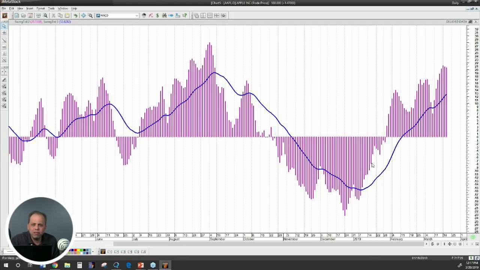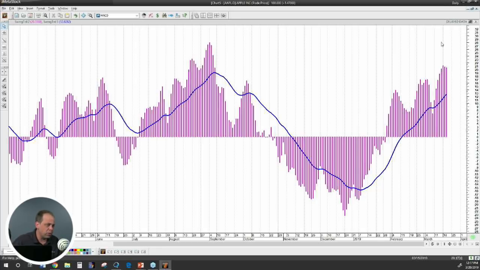And that's the thing about MetaStock, if there's anything that you want to change, if it's already on your chart, you just double click on it and it'll give you the properties dialog box and you can change it that way. The indicator that we're going to focus in on, though, is not the blue line. What we want to be able to see is this pinkish purple line that's right here on the chart.